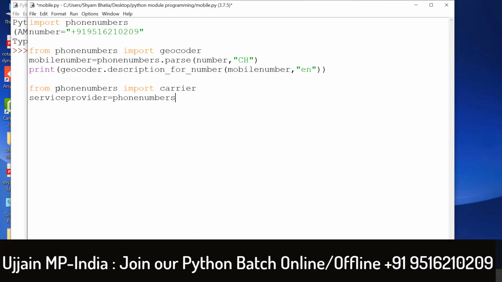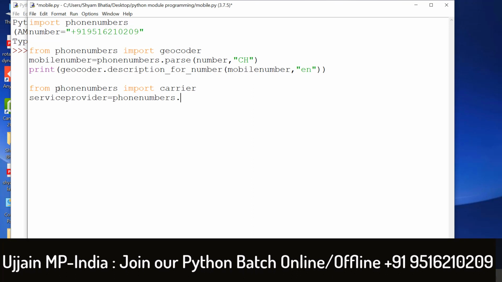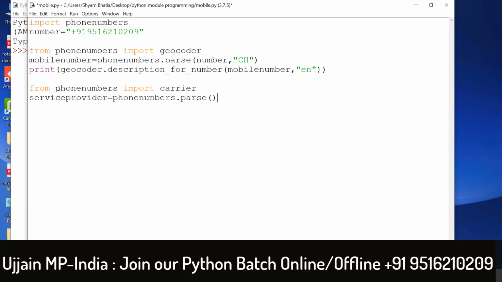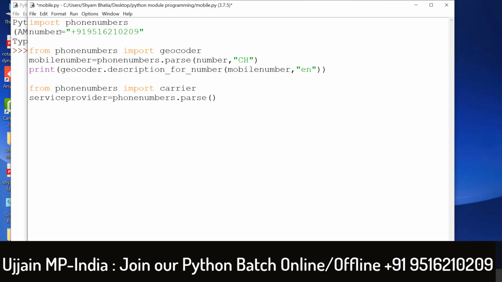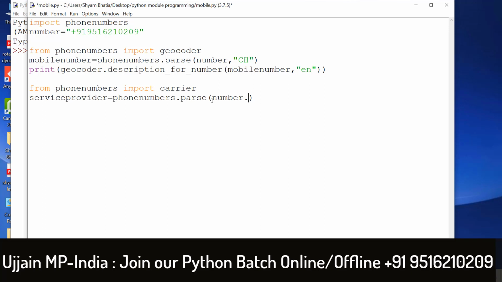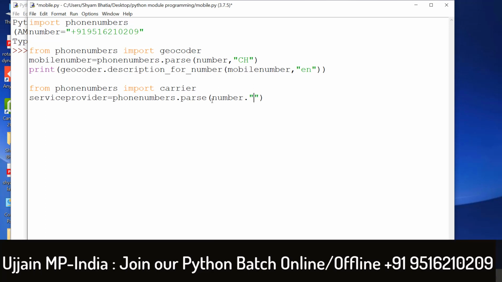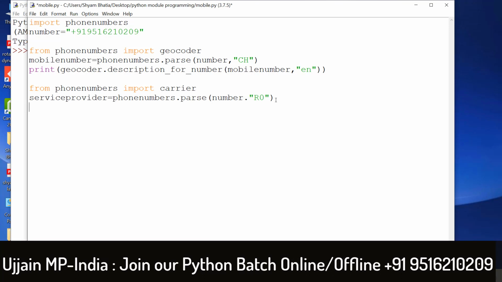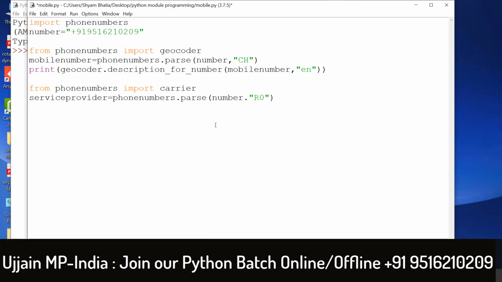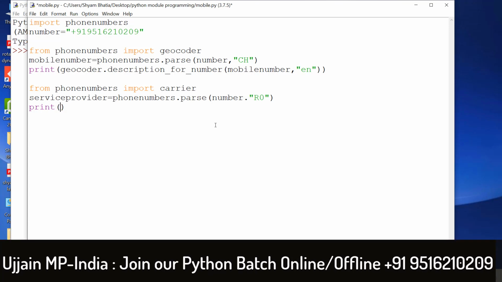You have to parse again inside it, which thing will you parse, the number, and which number, because I have to parse out this number, dot in which mode. Okay, R0 you have to put here, and after parsing this, this is the service provider number, and then take the print out, and inside print you will pass